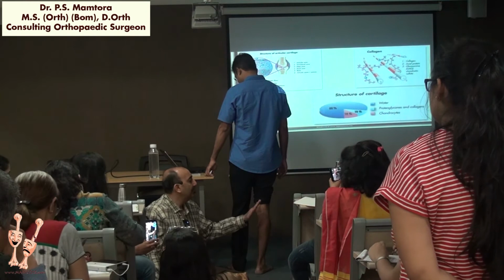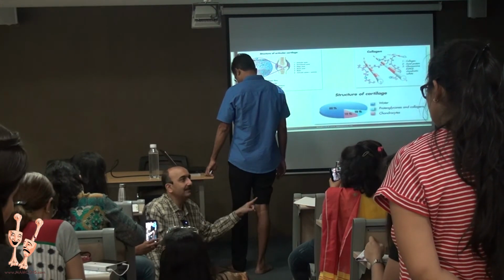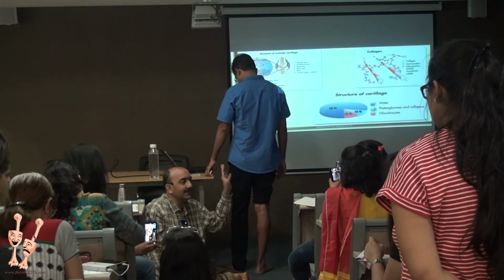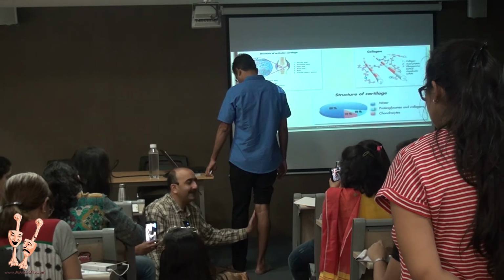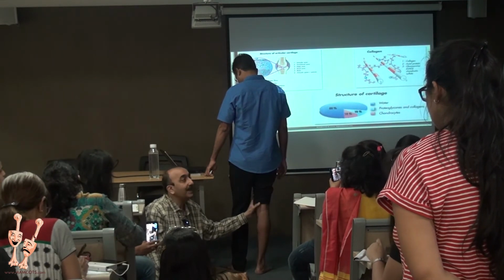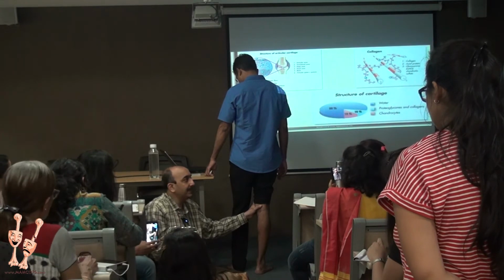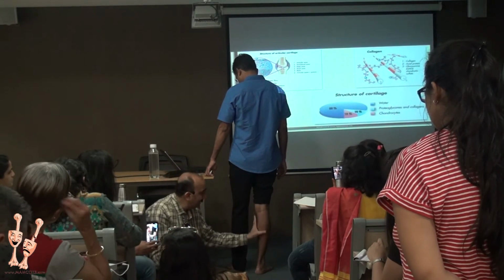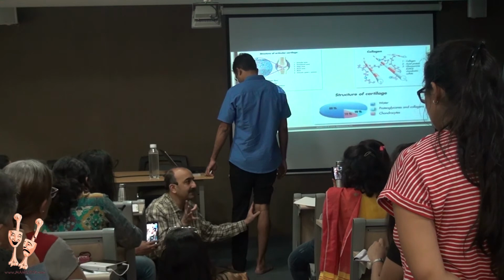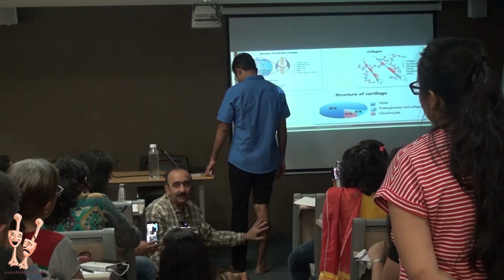So how do we know? One, of course, the history taking, where you know that there was osteoarthritic change. On examination, you find that there's a little varus and all. And the tenderness may not be really proper in that sense, because in the DVT also there will be a general tenderness, and in the ruptured cyst also there will be a general tenderness.